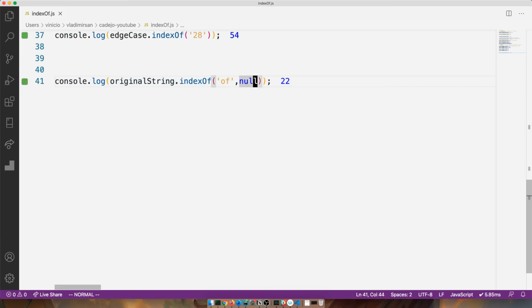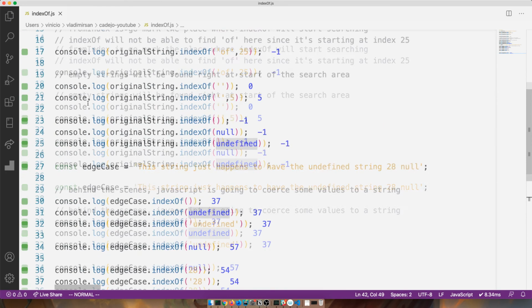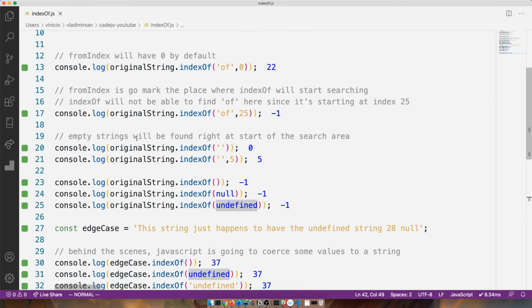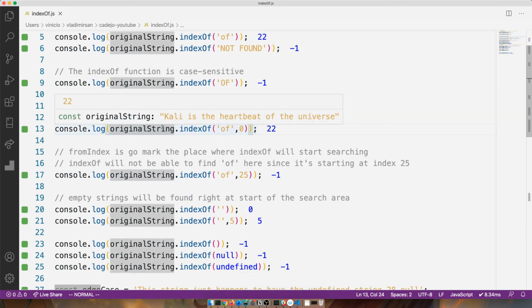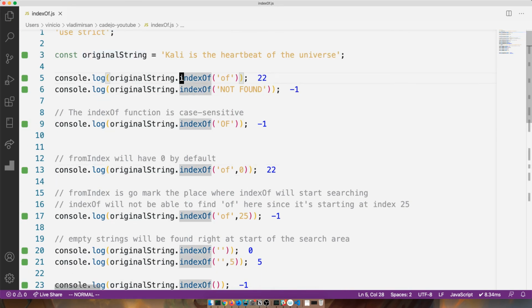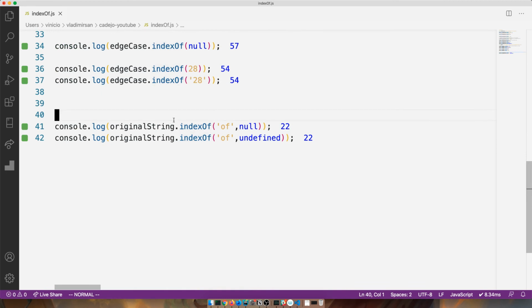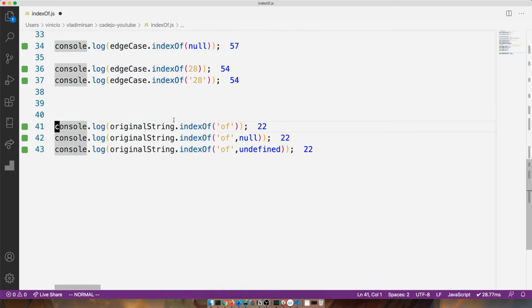Take a look at that. If you send null, if you send undefined, you still get the same result. And just to make that very clear, I'm going to copy that line from the beginning. Notice how, whether you send nothing, or you send a null, or you send undefined, or you